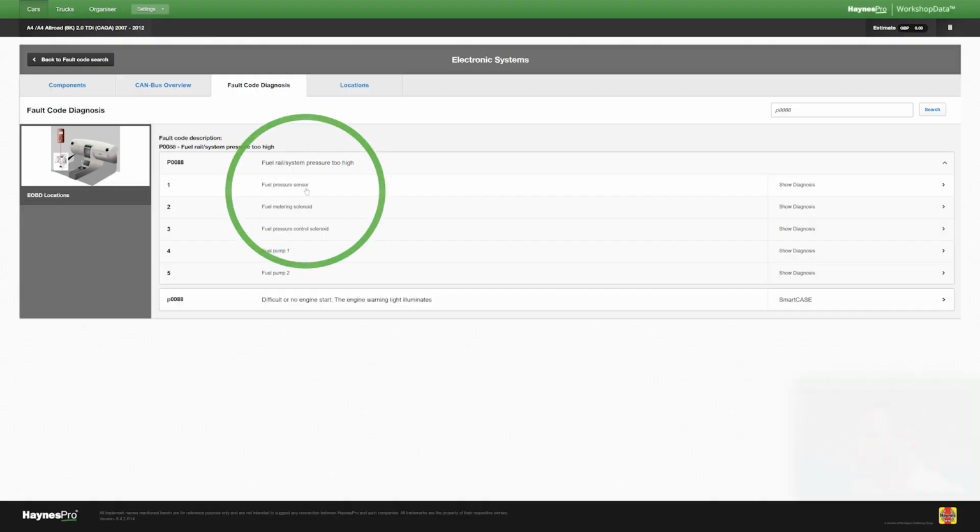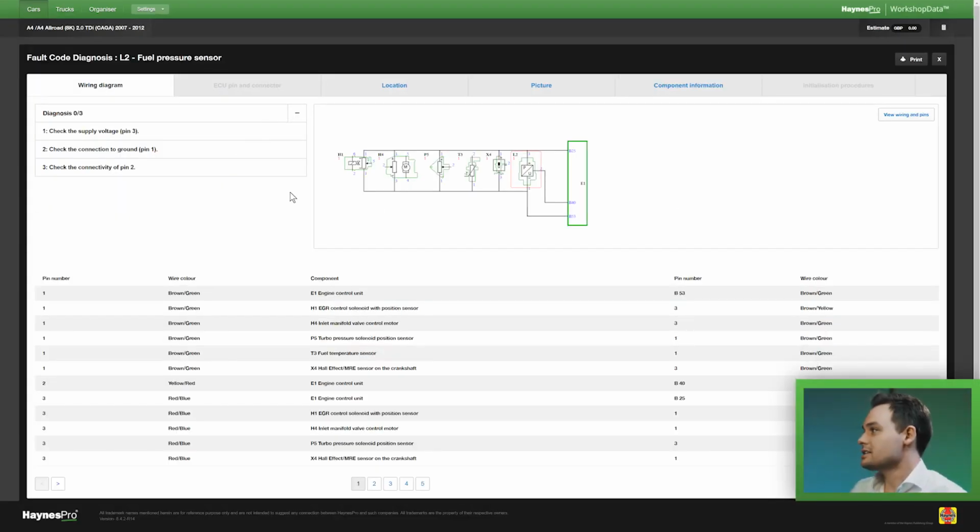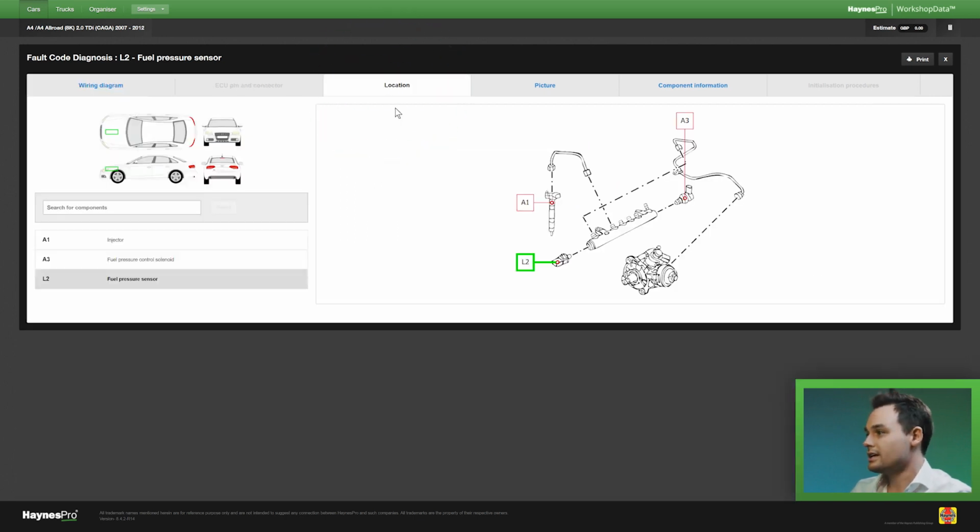Now here's where VESA becomes really clever, because what it does is take the fault code and show all the diagnostic steps, starting with the most probable cause, which in this case is the fuel pressure sensor. So I'll follow that link and that takes me to the component diagnosis overview, with on the left hand side the steps that I have to take, and on the right hand side the specific wiring diagram for this component. But what I first want to do is go to locations to see where the component is located,